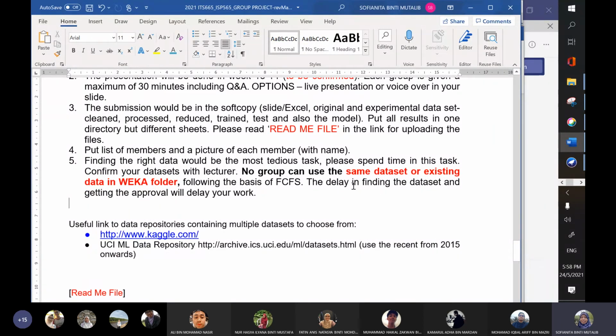I am going to put the timeline for you to submit the data set and also the link to the data set. We are going to further discuss each data set after the semester break.